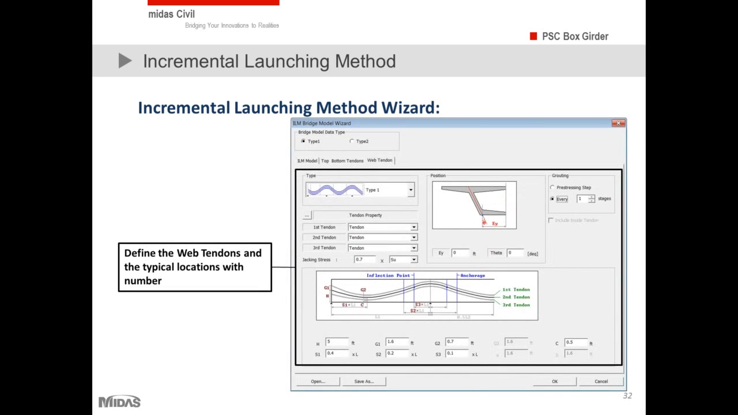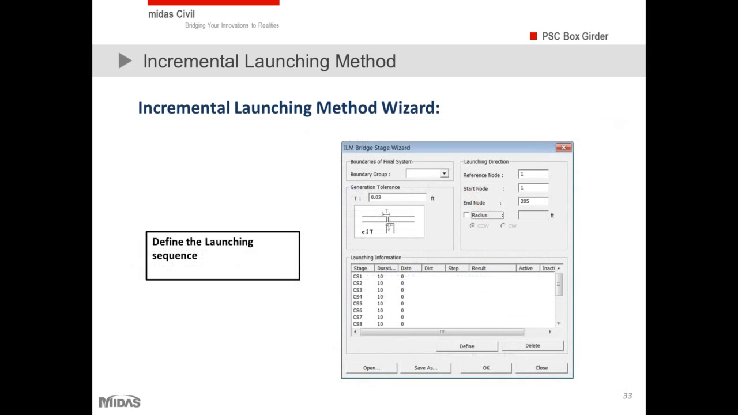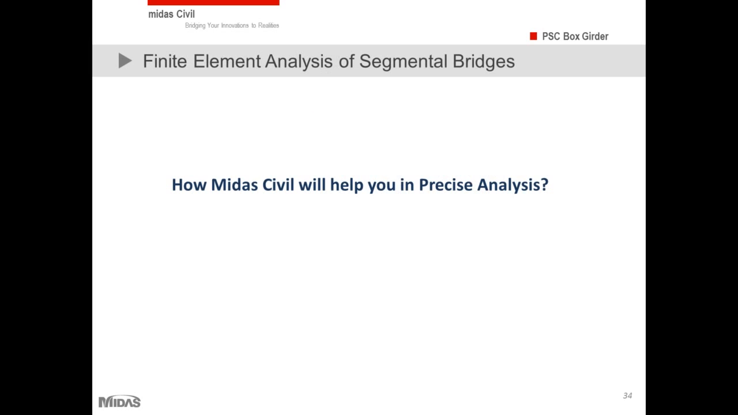So once you define these typical locations of the tendons, MIDAS Civil will automatically generate the bridge model for you, and then you define how the bridge is launched using this wizard. So in this wizard you can define how the bridge is launched, and once you use this wizard, MIDAS Civil can automatically generate the construction stages for you. So this is how you can easily generate the geometric model of any bridge constructed using the segmental approach in MIDAS Civil,